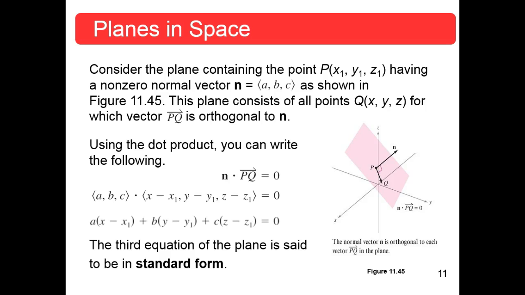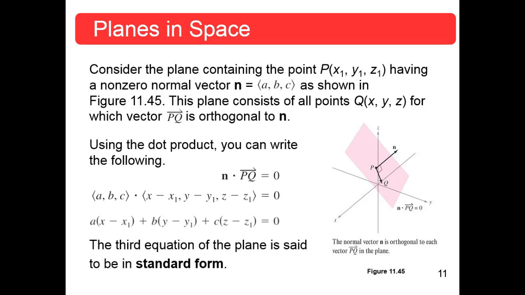Point x1, y1, z1, they give you that, okay? That is a specific point. This is a general point with variable components, coordinates, okay? For which the vector PQ has to be orthogonal to n. Because if P and Q are both in the plane, every line in the plane is perpendicular or orthogonal to n. So using the dot product, remember the dot product, two vectors perpendicular to each other, the dot product is